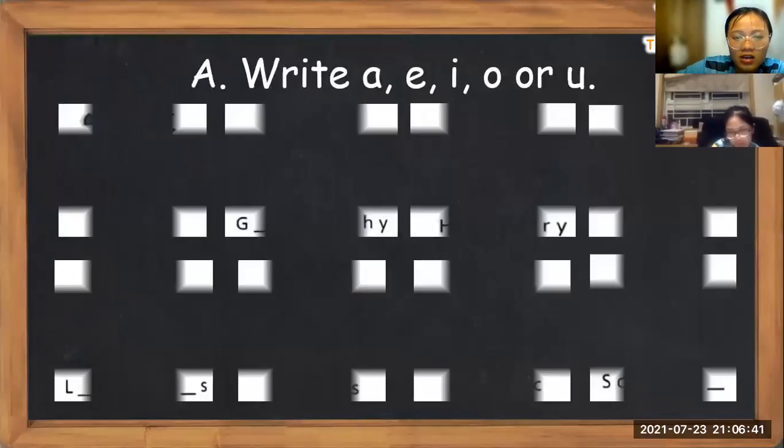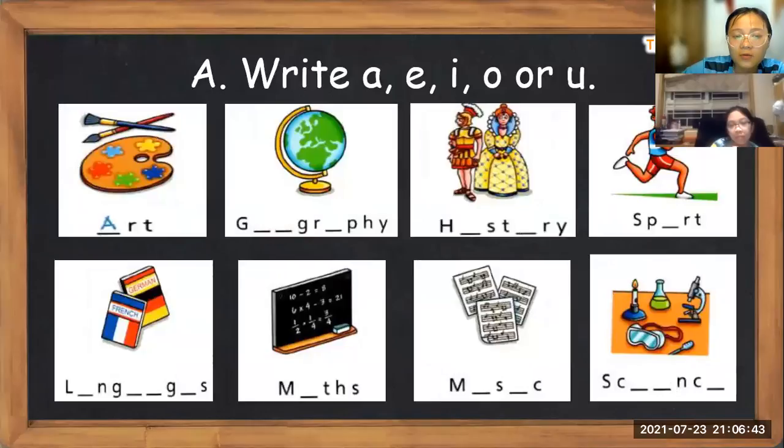And now let's look at some subjects here. I would like you to complete a quiz on the letters in a subject. The suggestion for you: you can use the letter A, E, I, O, or U and put it in a picture, a blank of a subject for me. Example, the first subject is art. It's missing the letter A. You can write here.